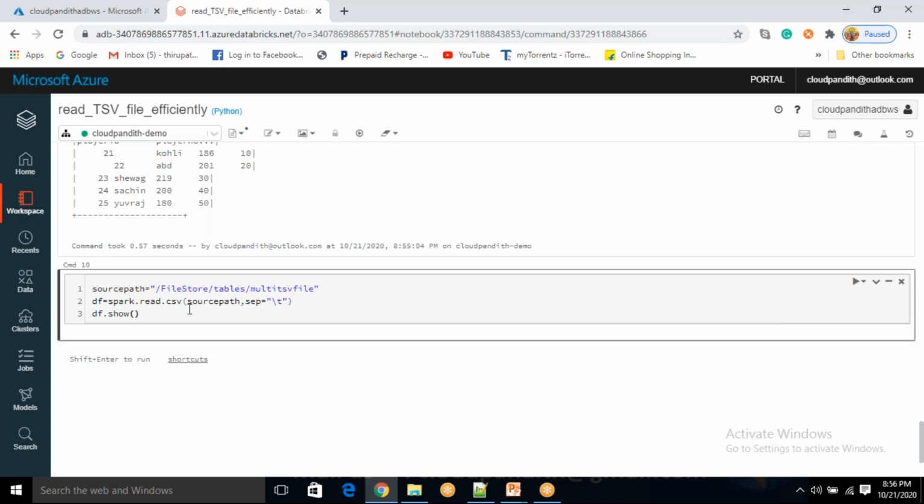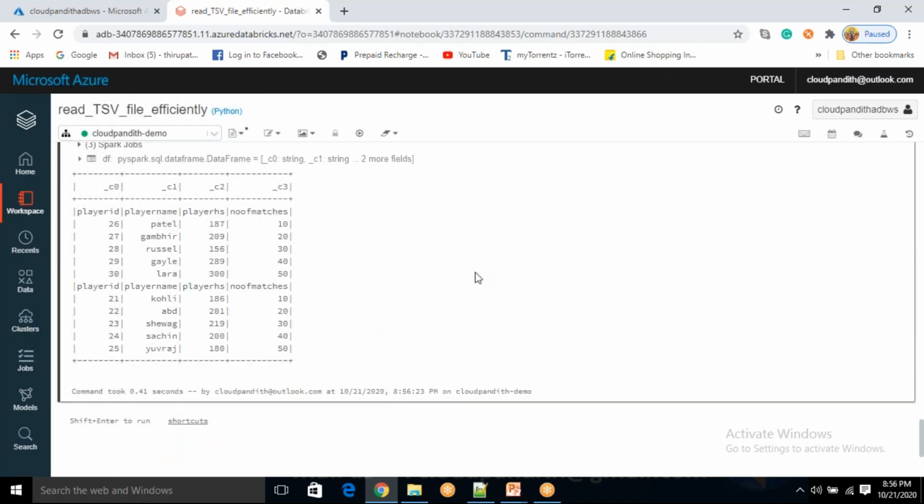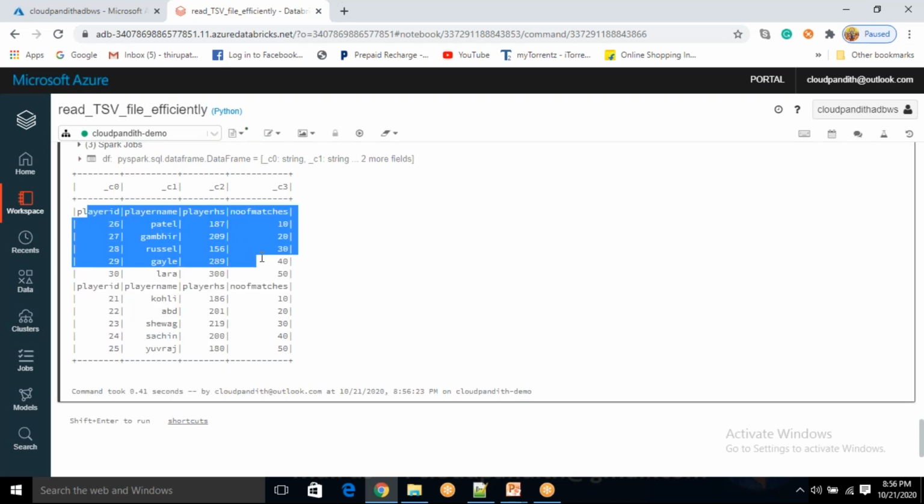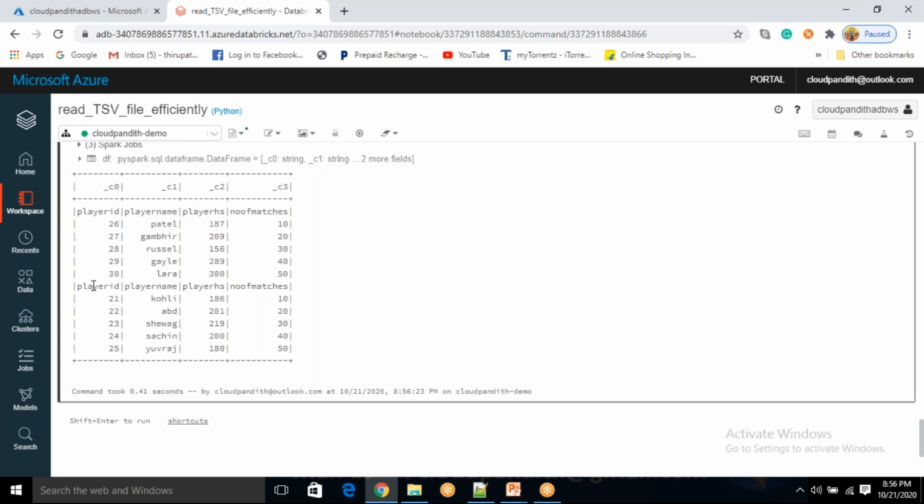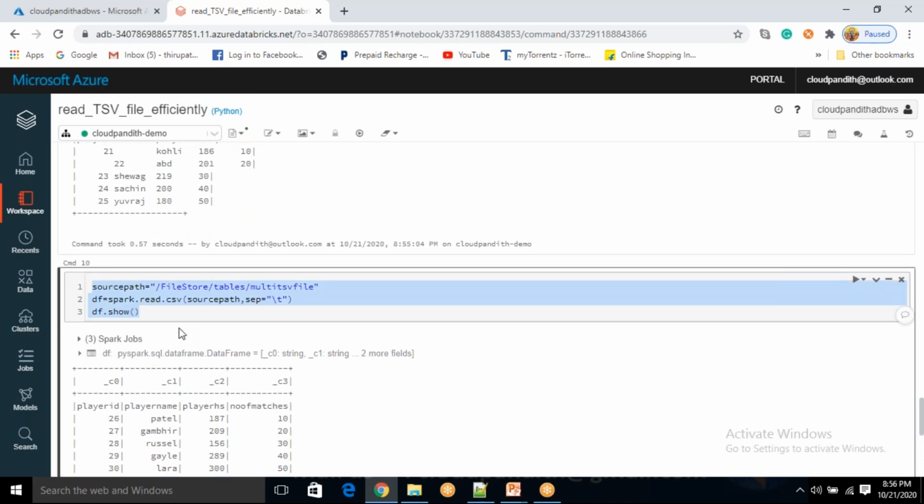See here, source path is this, and when I'm reading multiple files, I know clearly all the files which I have under this directory are tab separated. That's why I'm just using tab here. Let's try to read the data now, how it will look. See, the data is in a very proper format. But the only problem I see is that the first file's column names are showing here, and the second file's column names are also showing here. Now if I say header equal to true, what will happen is